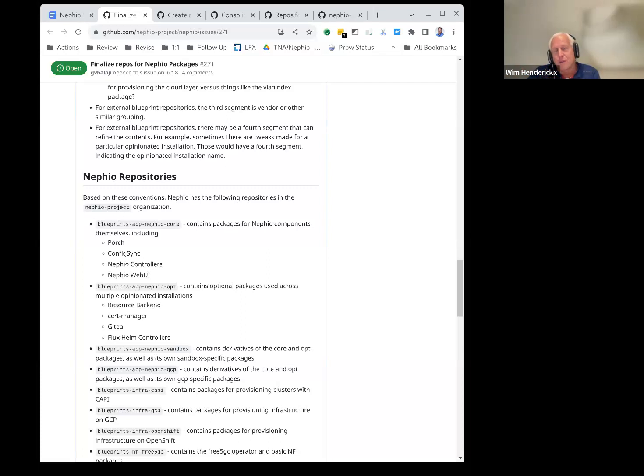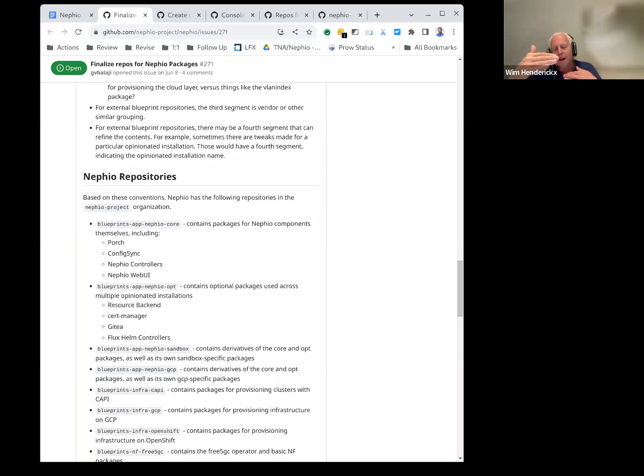My proposal is that I would rather go for a single repo, which you could call a catalog, and in there you have blueprints, right? Then we have a structure inside of that. I see GCP, OpenShift and Sandbox as picking pieces.